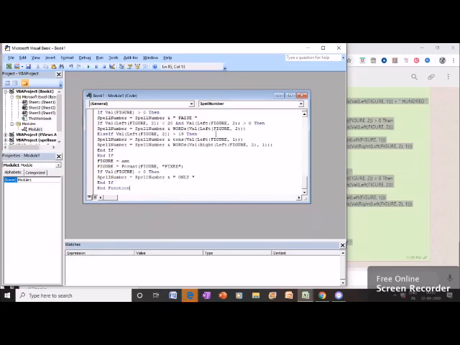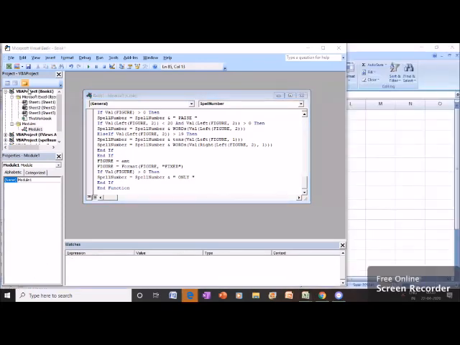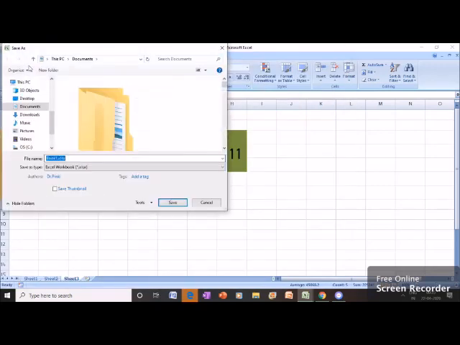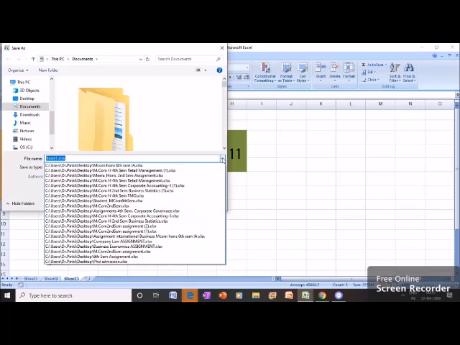After pasting this, we will save it. While saving, we have to take into consideration that we have to save this file in a separate format. In that situation, you have to select Save As.